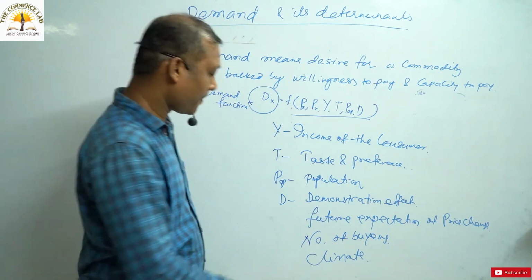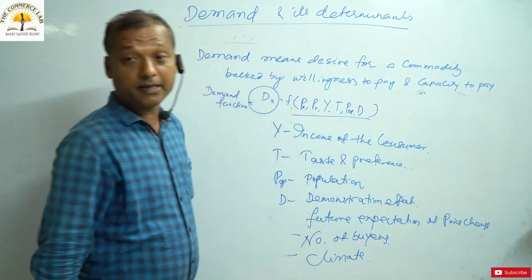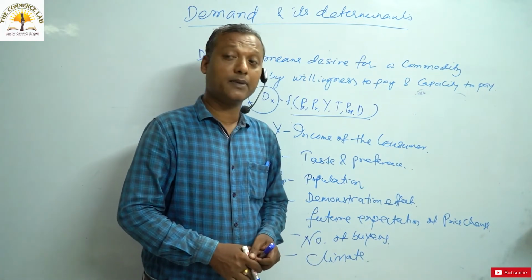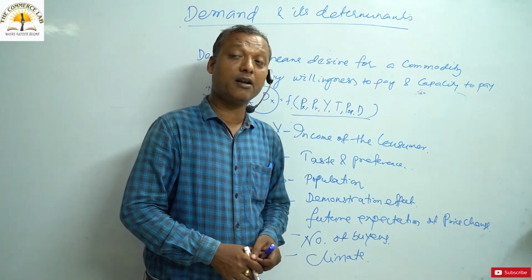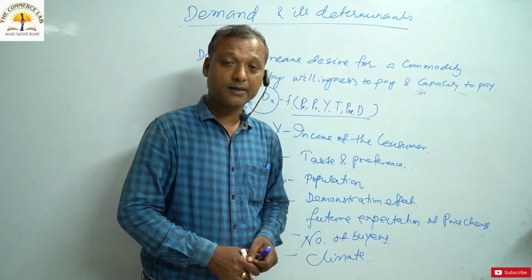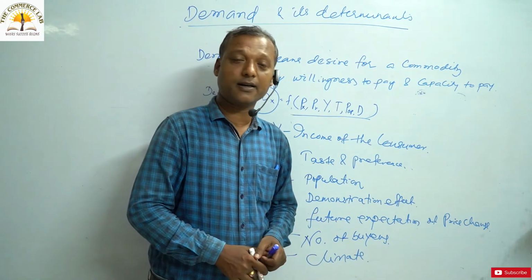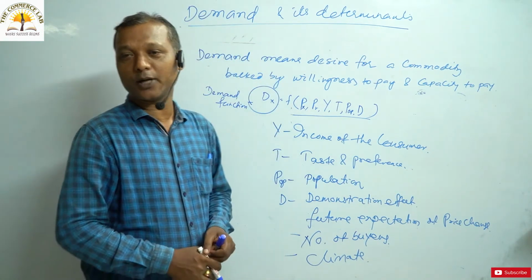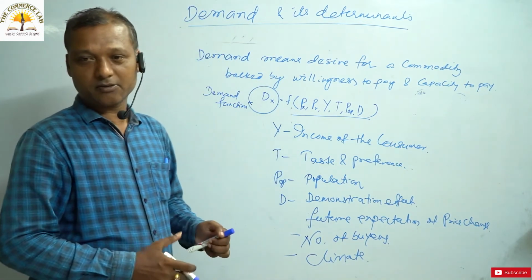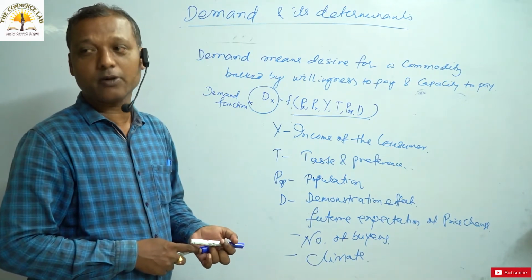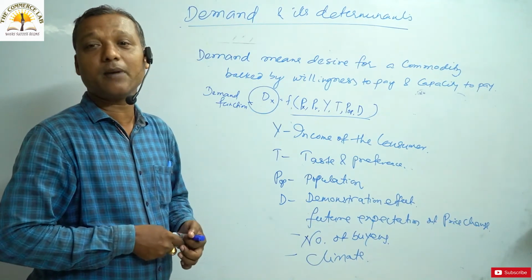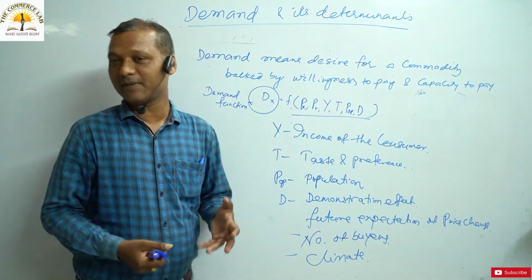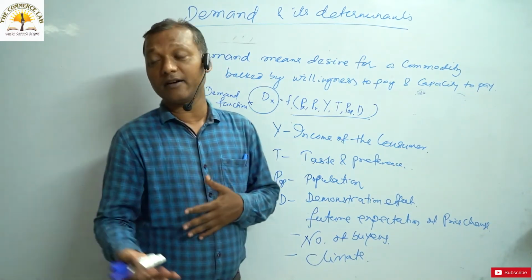Climatic pattern, climate and weather. Climate and weather will also determine the level of demand of a commodity. Take for example, now we are going with summer season. In summer time, we like to have more cold drinks, and we like to wear cotton garments. Obviously, we can say that in summer season, there will be more demand for cold drinks